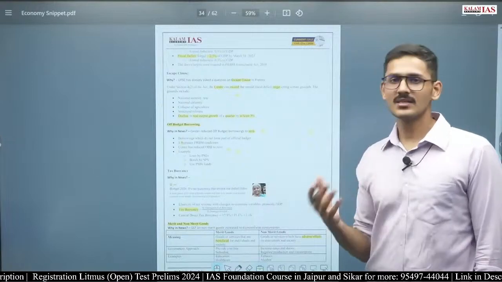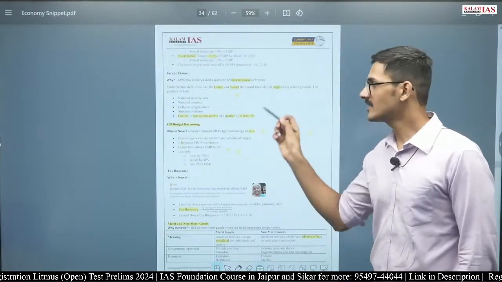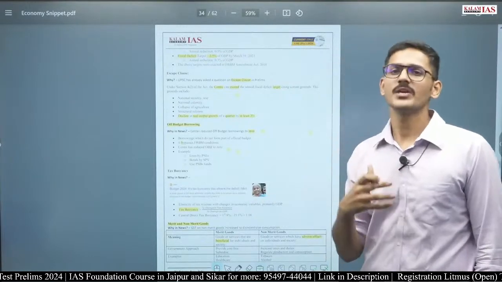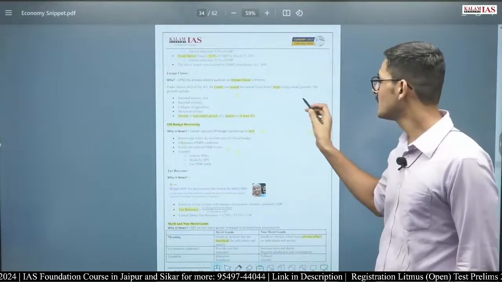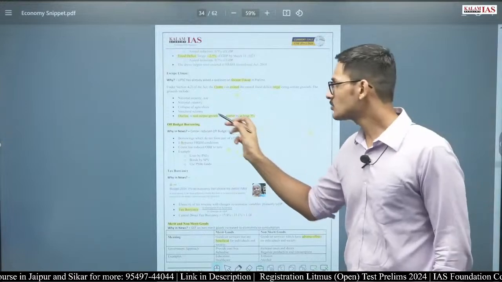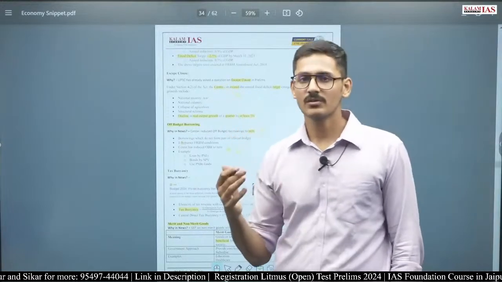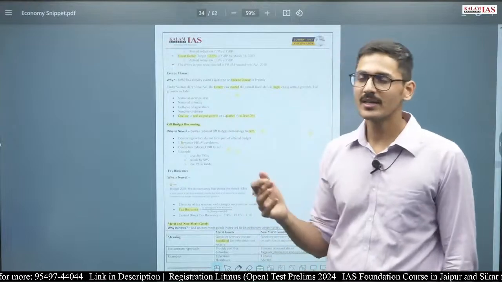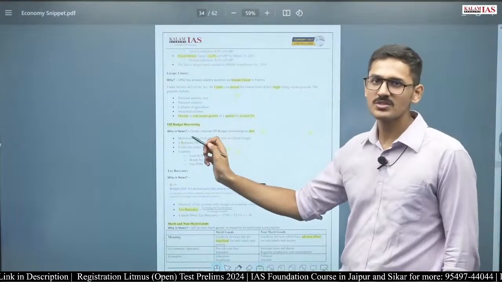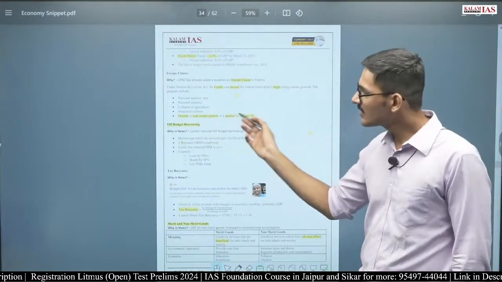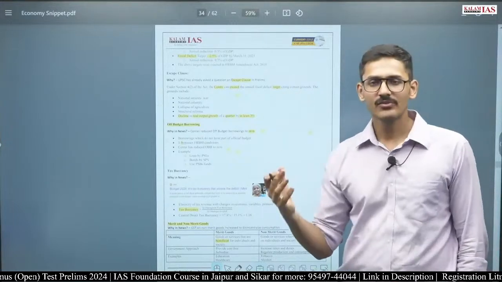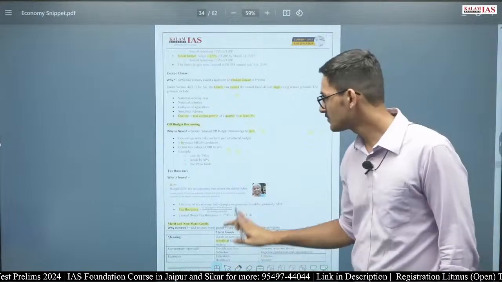So in the act there is an escape clause. The escape clause says that the center can exceed the annual fiscal deficit target, whether 2.5, 2.8, 3.1, whatever the percentage may be, citing certain grounds. What are the grounds? The grounds are national security or war, if the government of India engages in war with any other country; national calamity; collapse of agriculture; structural reforms, for example GST; and a decline in real output growth of a quarter by at least 3%. These are the criteria under which the center can exceed the target under the escape clause.